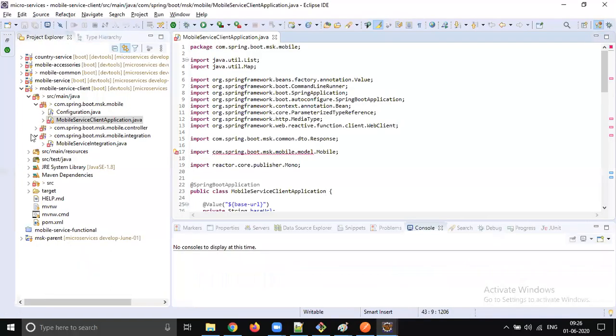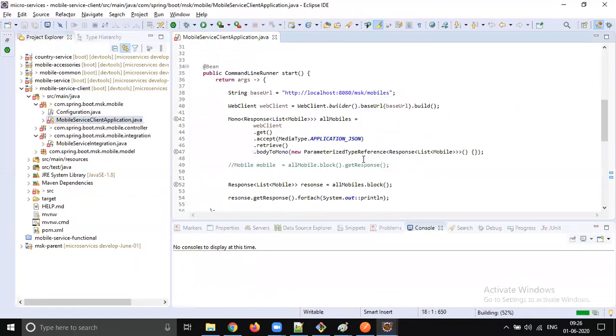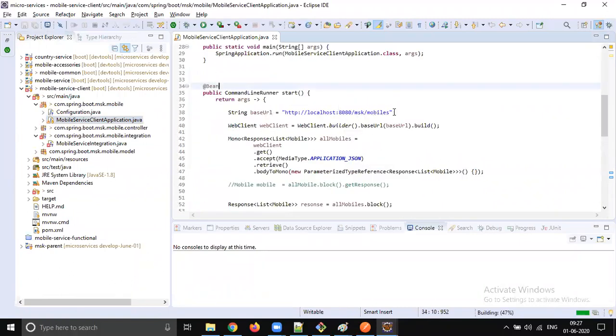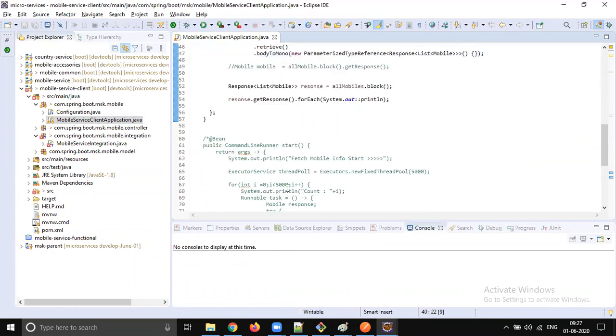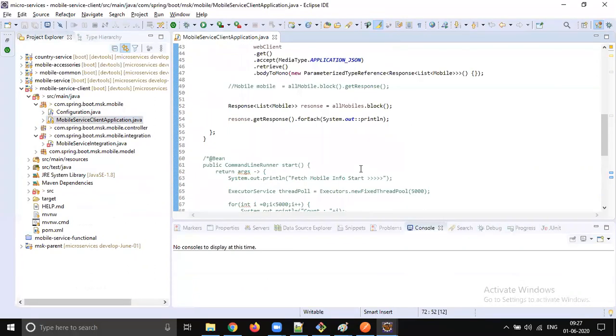I'm just thinking, how can I show that code? The command line runner, start base URL. It's okay. Yeah, here is where the problem comes. Tomorrow it's not going to be RestTemplate. Actually, RestTemplate is almost deprecated, so we don't use it.